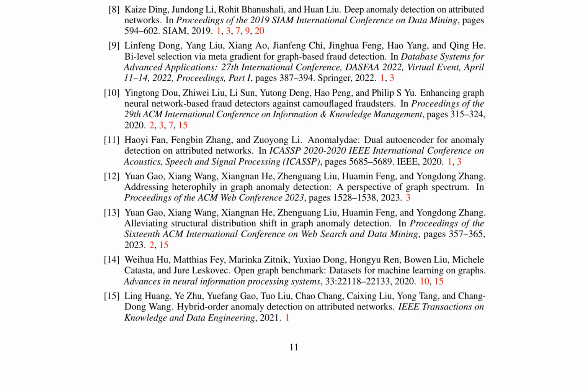Alleviating heterophily is essential for improving the performance of GNN-based anomaly detectors. Another significant issue is the structural distribution shift, which occurs when the distribution of graph structures changes significantly between training and testing phases. To address this challenge, strategies such as using robust loss functions and incorporating domain knowledge into the model design are proposed. The paper concludes by summarizing the key findings and future directions in anomaly detection on graph-structured